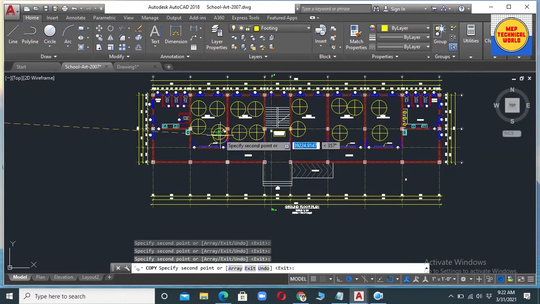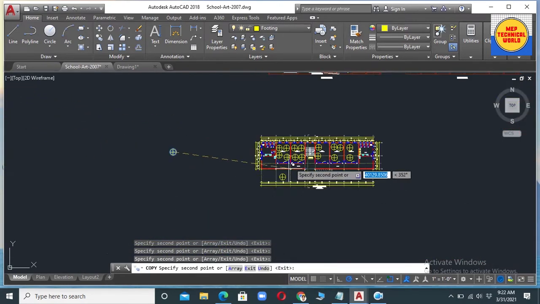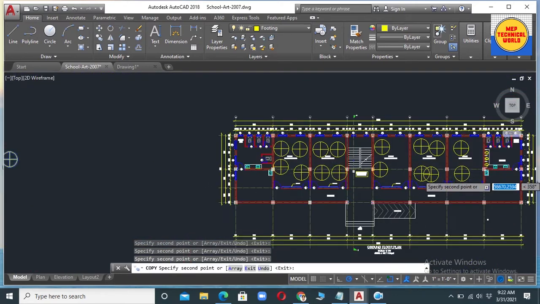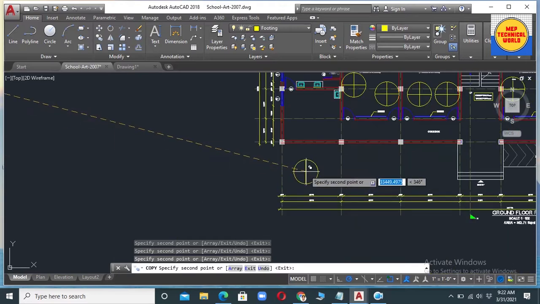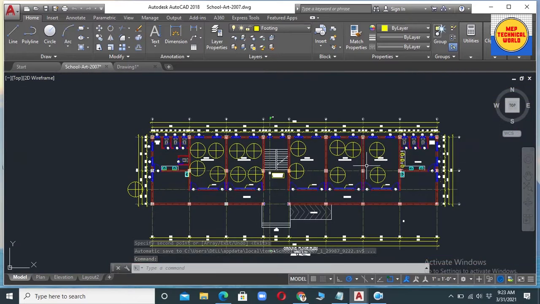Here I am using freehand. This is only for example, that's why I have not aligned any light. So suppose here we have placed the light in this fashion, and hit enter. So in this way we have placed the light.